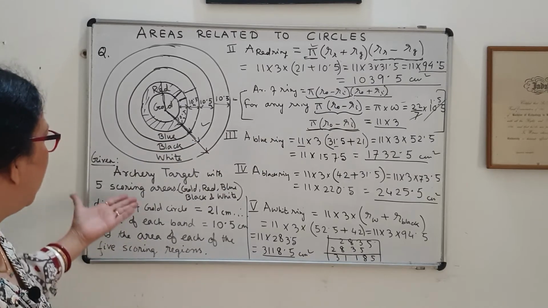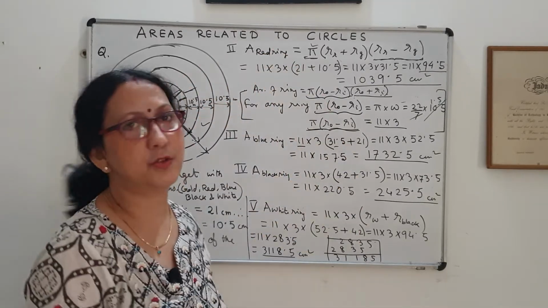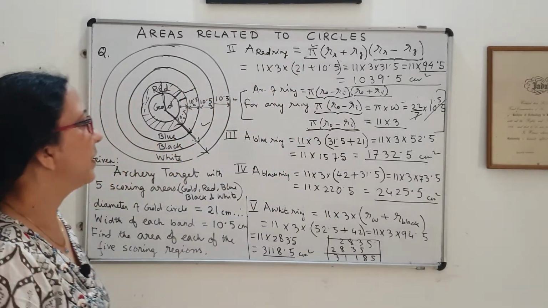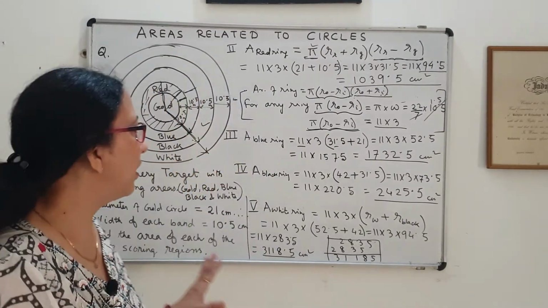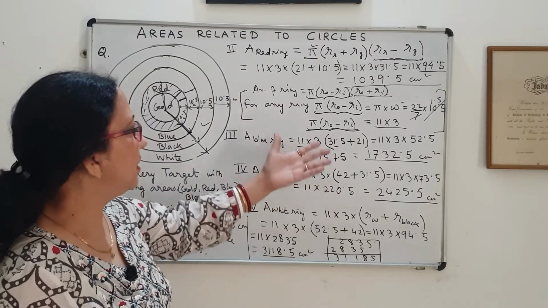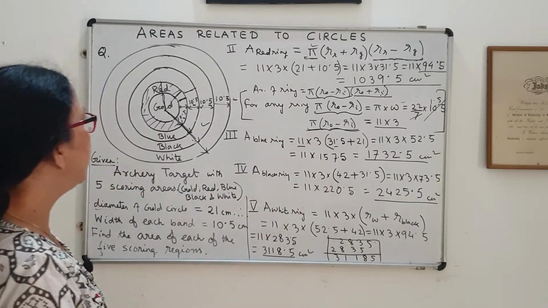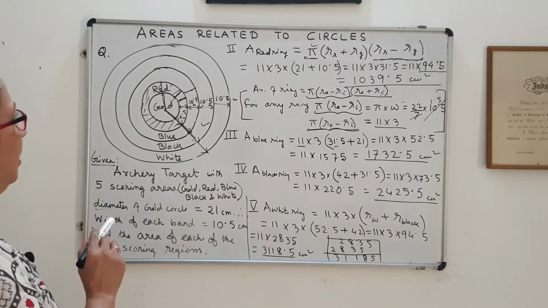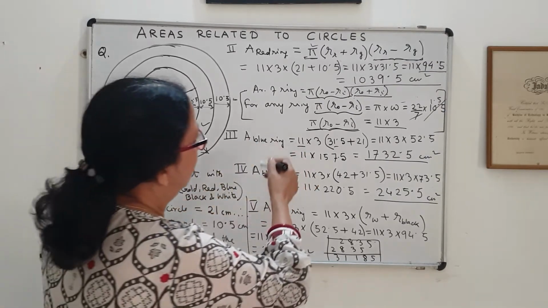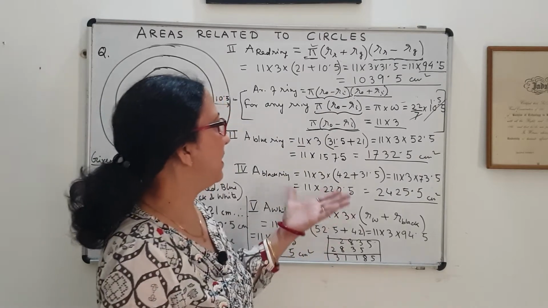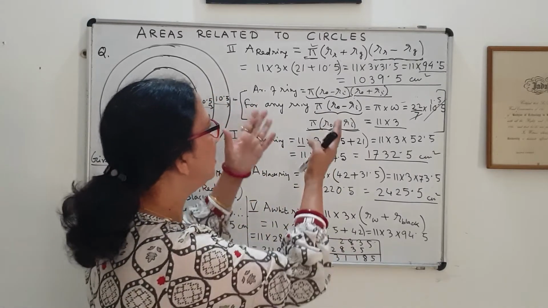So in this way, you see, if I do the calculation by observing some special things, I don't have to do any rough work. I have not done any rough work, and my work is so neat and it takes so much less time. The main thing is that you have to observe how we can make our calculation simpler by using any identity, or if there is any common thing.